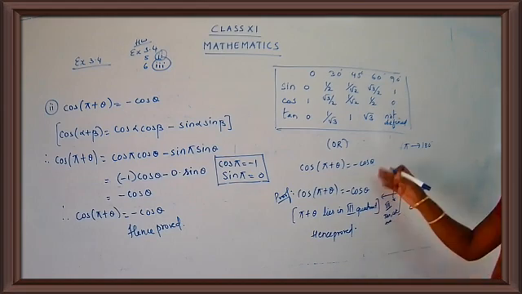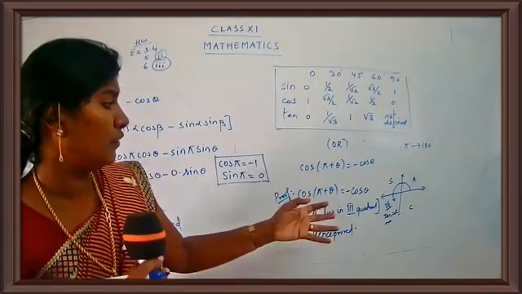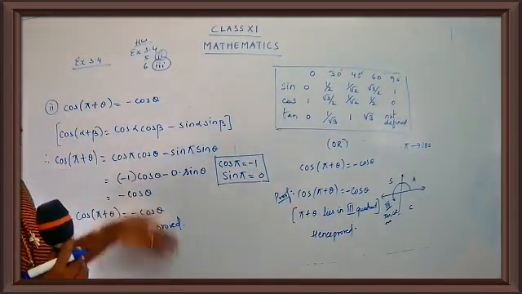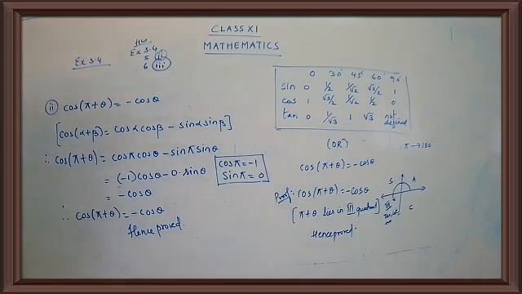Okay, children, so any one of the ways is acceptable, according to the marks. If it's a 2-mark question, you can go by the direct method. If it's a 3-mark question, try the formula method. So just see the weightage of a sum and accordingly go with the steps. So this is what we have done in question number 6.